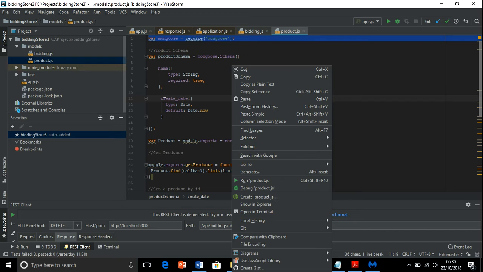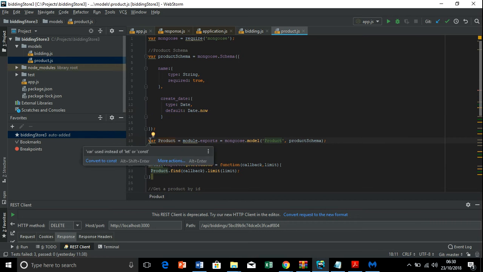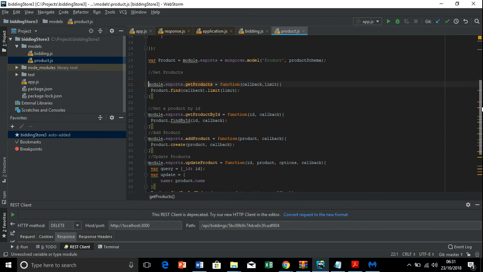And this little code here creates the date that the document is created. And this line of code makes the product accessible anywhere, even in the router.